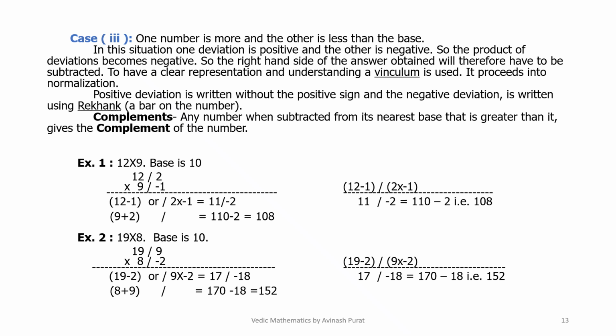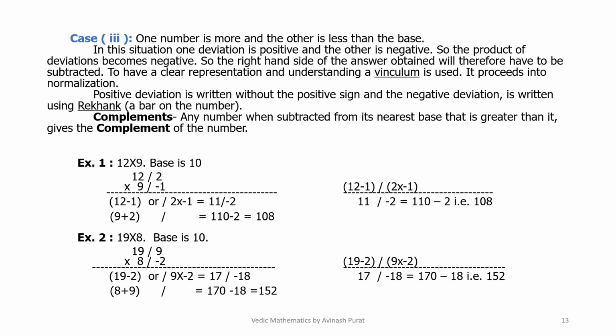Second example, 19 into 8, base is 10 again. 19 stroke 9 multiplied by 8 stroke minus 2, that is 19 minus 2, or 8 plus 9 stroke 9 into minus 2, that is 17 stroke minus 18. So 170 minus 18 is 152. Mentally it can be done easily. 19 minus 2 stroke 9 into minus 2, that is 17 stroke minus 18 equals 170 minus 18,